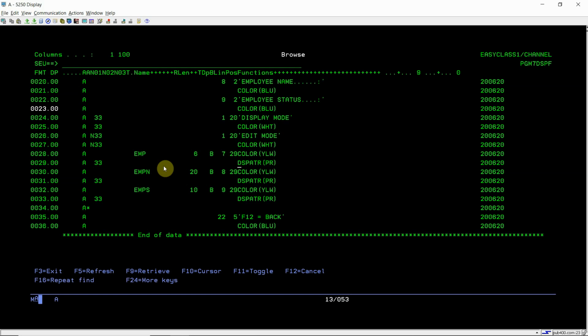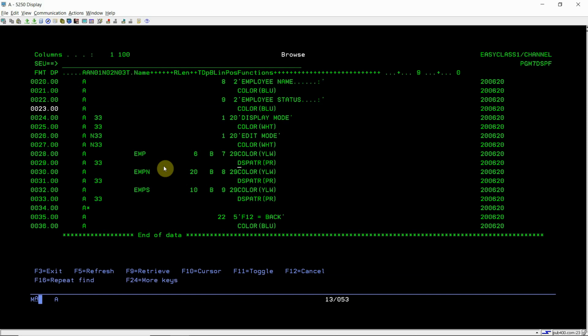So what does this keyword do? The display attribute keyword basically deals with the attribute of the field on the display screen. What PR does is protect the field on that screen from editing. If you have declared the field in both modes, then you can protect that field from being edited based on the indicators.